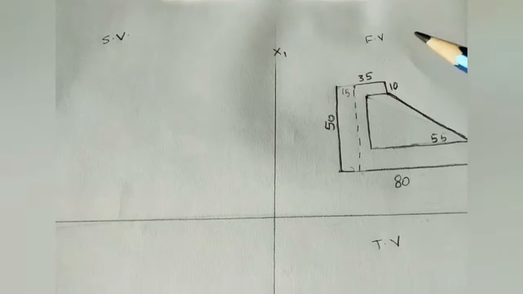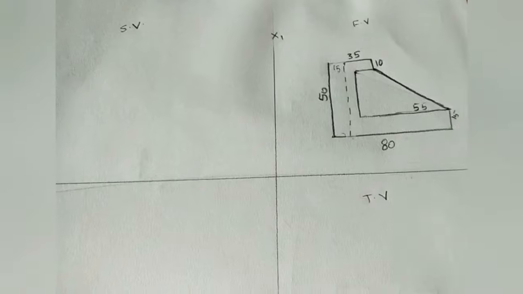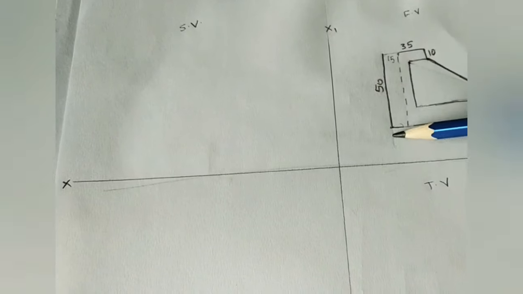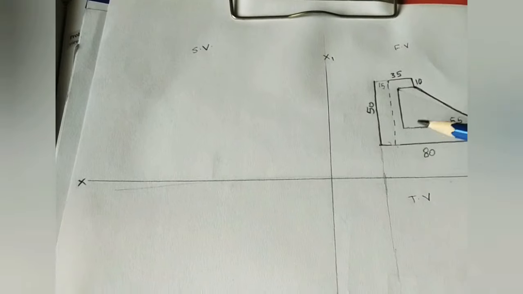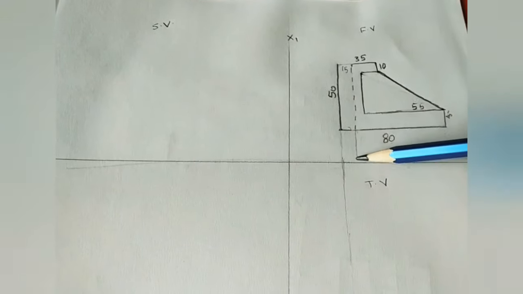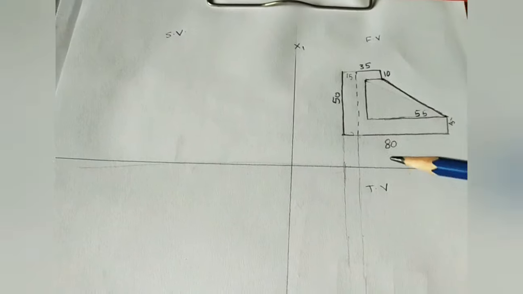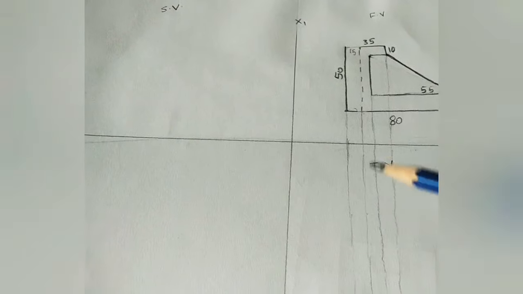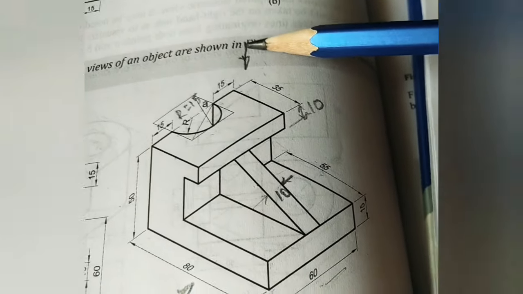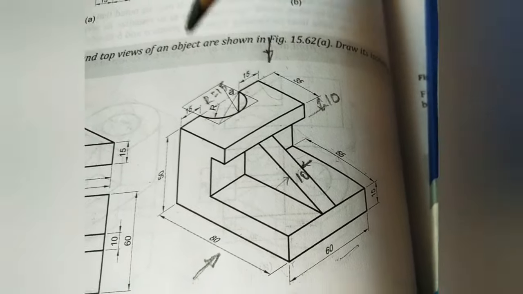After getting the front view we need to do the top view. For doing the top view we have to do the projectile lines from all the main lines of the diagram. This projectile line should be in light color compared to the main diagram. By using scale we have to do. Getting the projectile lines in this space we will do the top view. Here the arrow has not been given, but we have to take one arrow at the top of the object. So from this direction we have to see the entire object.